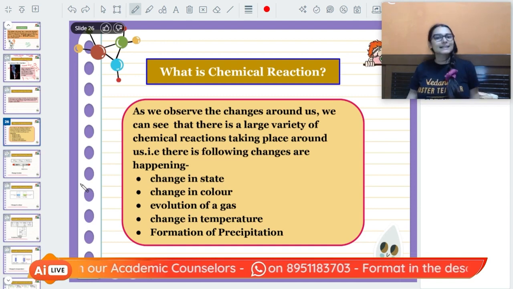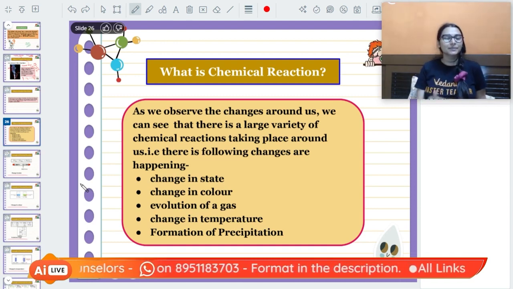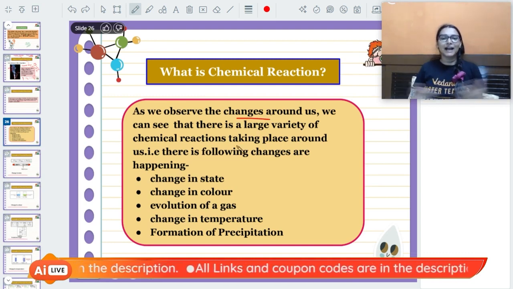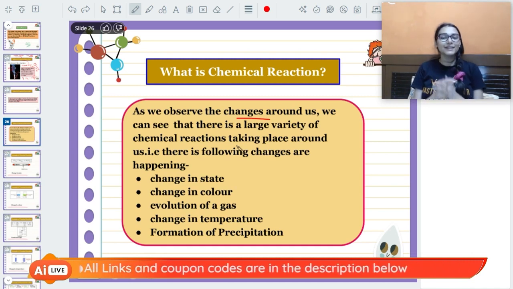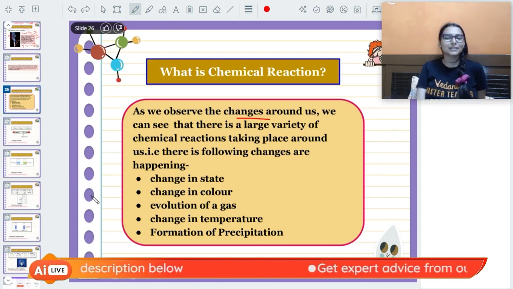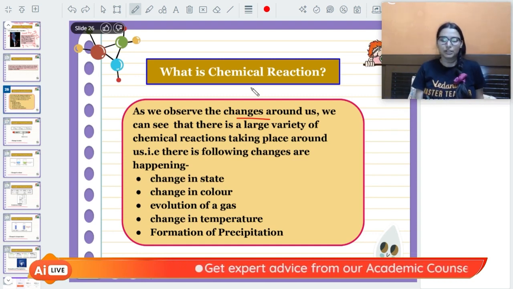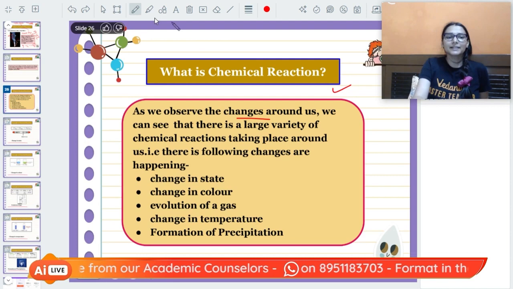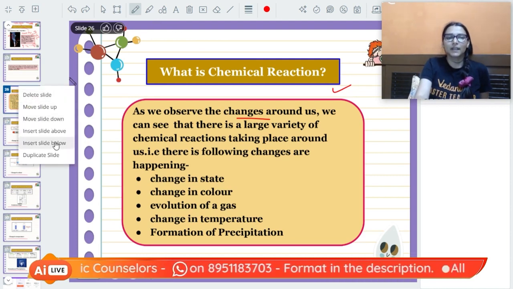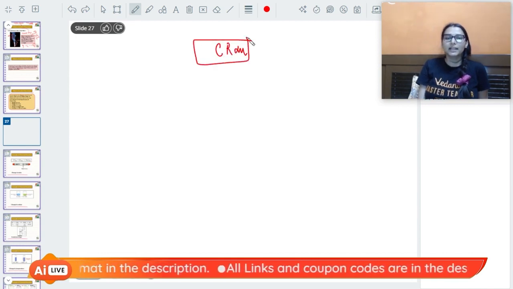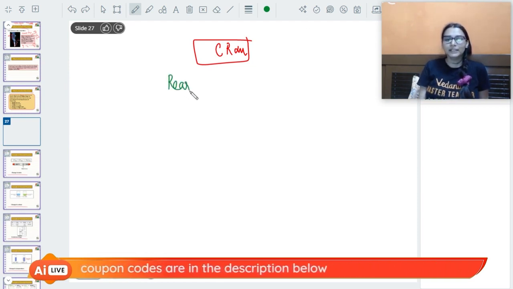Okay, it's simple. As we see the changes around us, we have a large variety of reactions which are taking place around us. And what is the indication of this reaction? If someone asks, ma'am, how can we identify a reaction, first see the definition. So chemical reactions are those chemical changes where there is a formation of a new substance. Okay, one more thing, you can define chemical reaction in another way. In a chemical reaction there is rearrangement of atoms. Chemical reaction involves